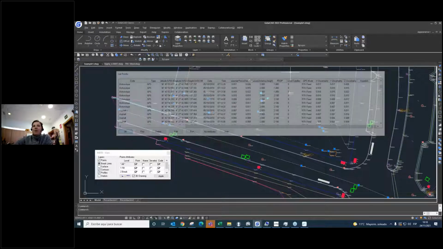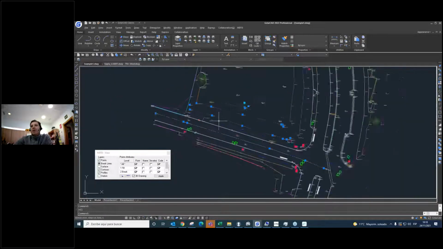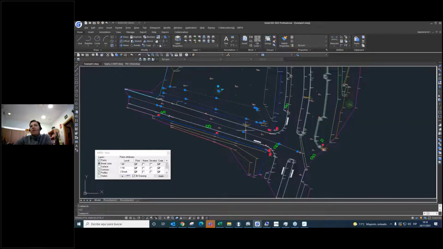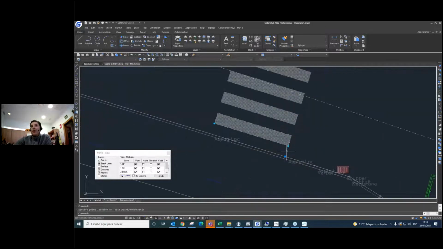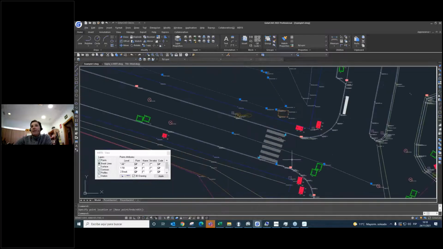It's very easy. I'm going to click OK, and so we can show that we have the layout of this drawing very easily with this kind of point.